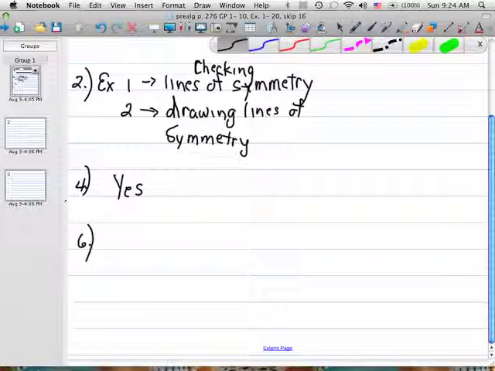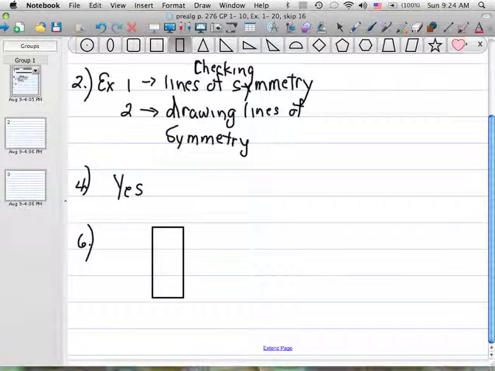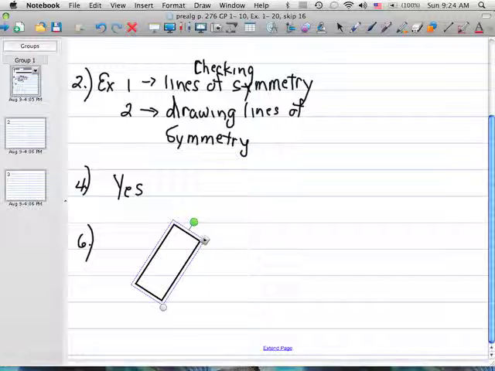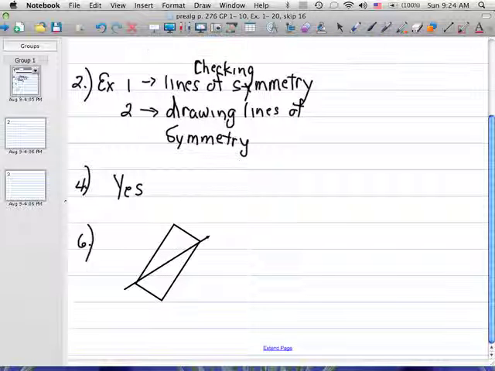Number 6, you have a rectangle. And it's been turned a little bit like this. And they want to know if this is a line of symmetry. Well, if I actually just went over this line here and this line here and took those two